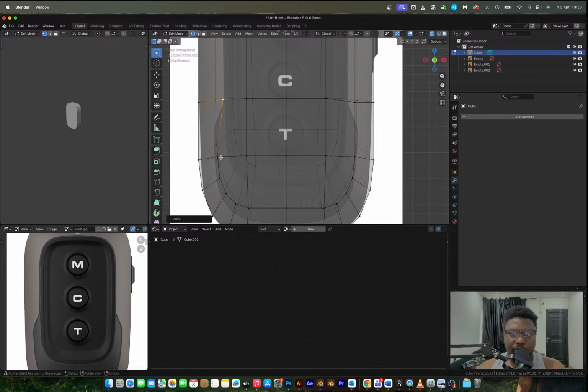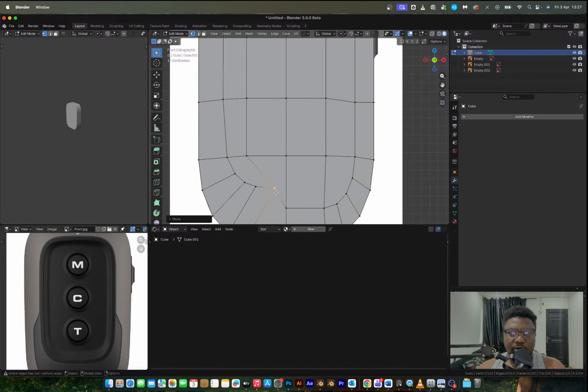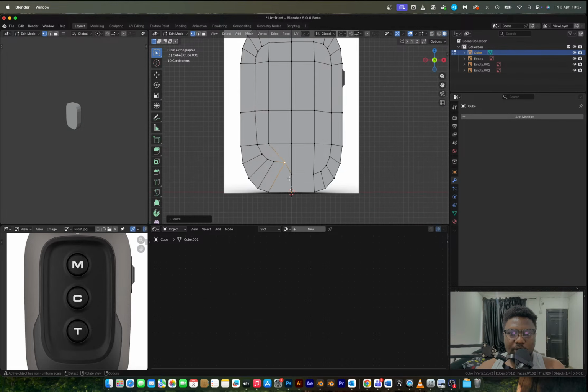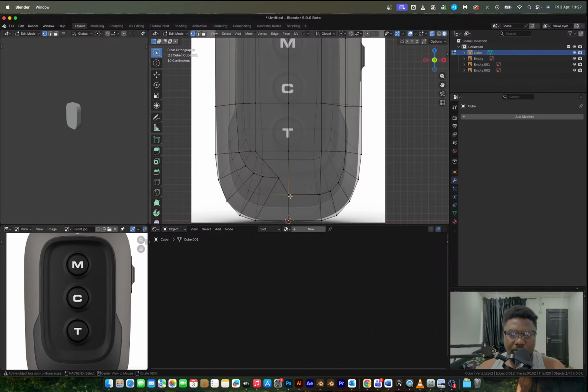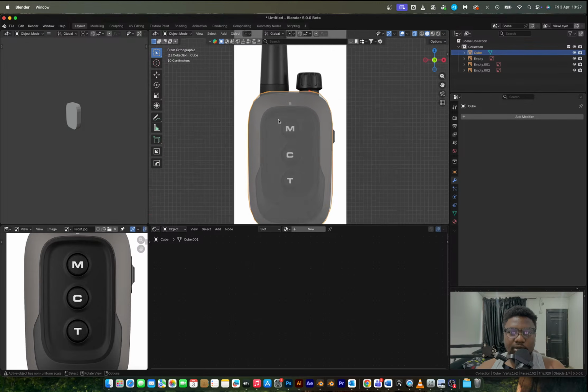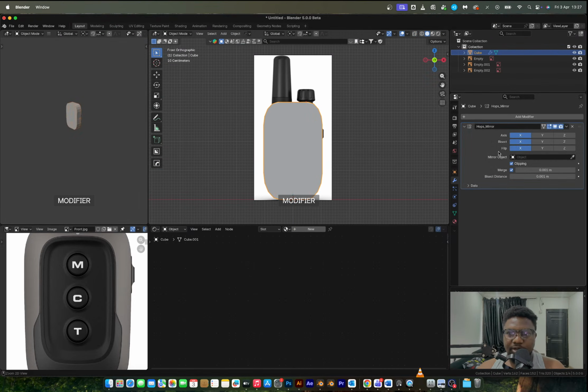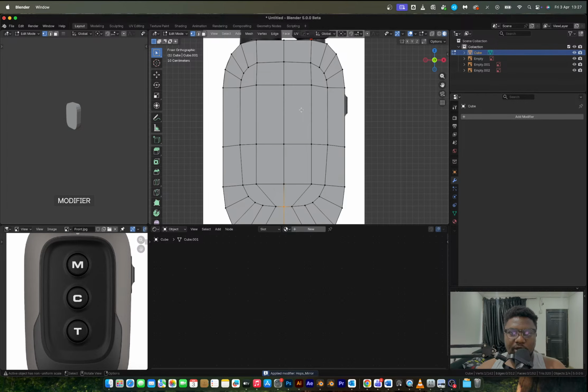Right. So a direct inset is not giving me what I want, so I'll have to just get to it manually, basically. So just like so. G, and then G on this side. So I'm going to look at it from this angle, and yeah, I think it's good, right? So I'm going to GG, bring this up to this point. Then with this, I can flip to the other side and apply mirror. Right around here,